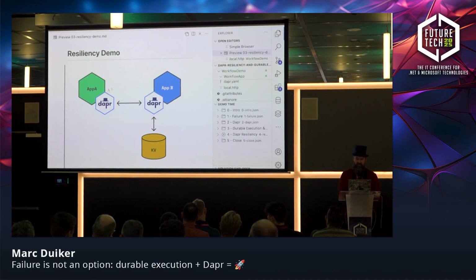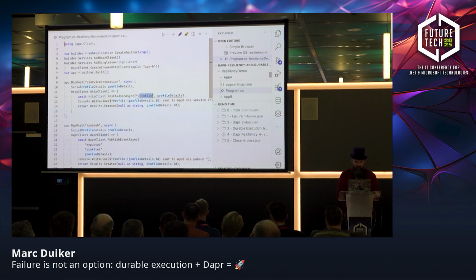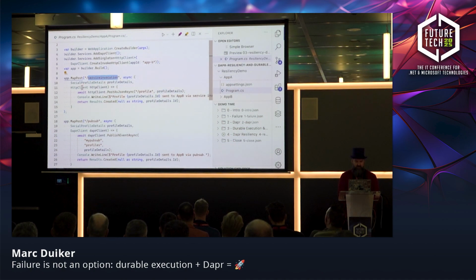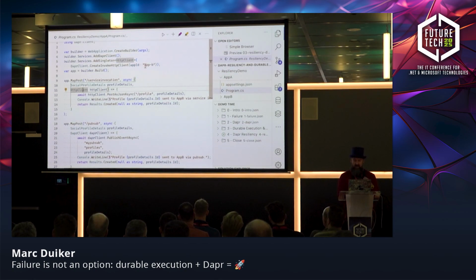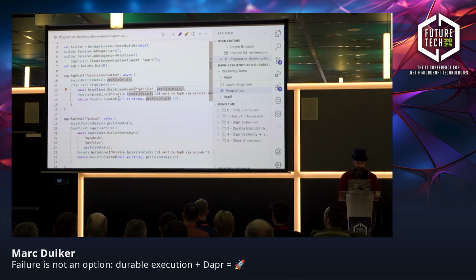In this case, I want to demonstrate resiliency between application A and B. Application A we will call to make an HTTP request. This will also make a request to application B, and application B will save something in a state store. So what we have here is application A, and this is the endpoint that we are going to call. We're using an HTTP client here, and we've configured it with a certain header, so we know that we are talking to application B when we use this HTTP client. And we are going to call the /profile endpoint on application B, giving it the profile details,